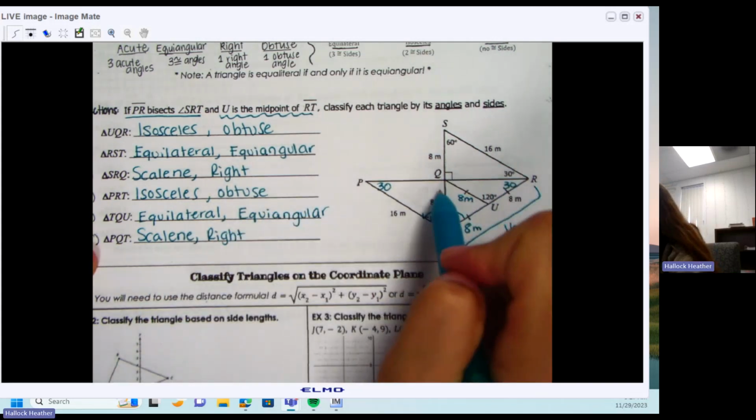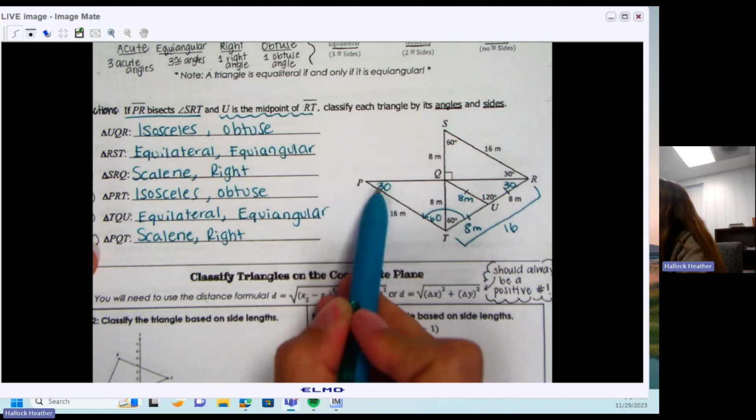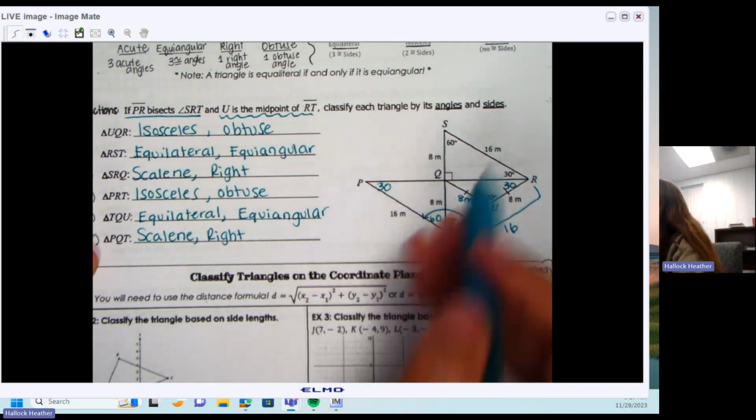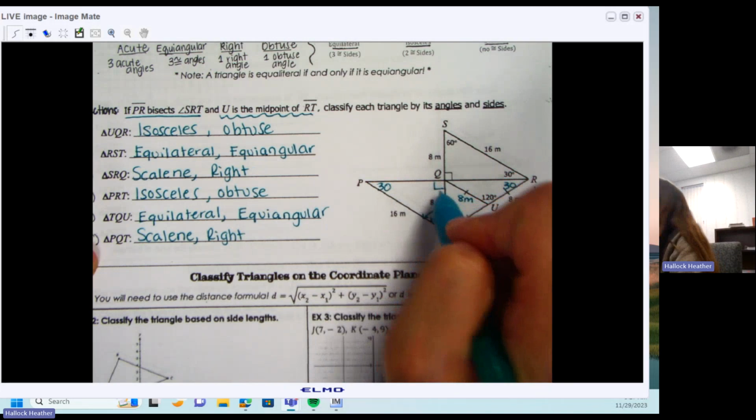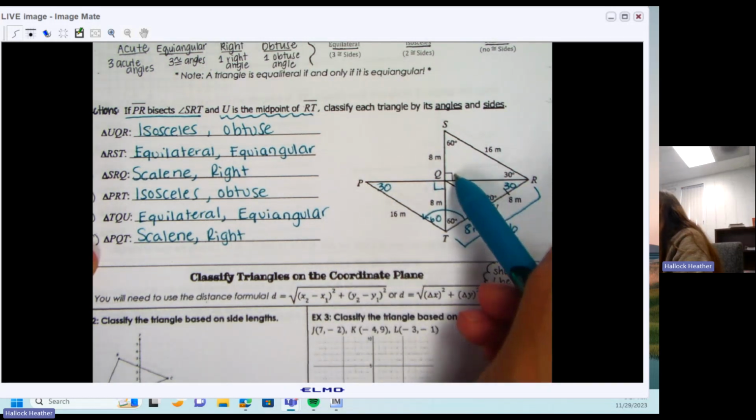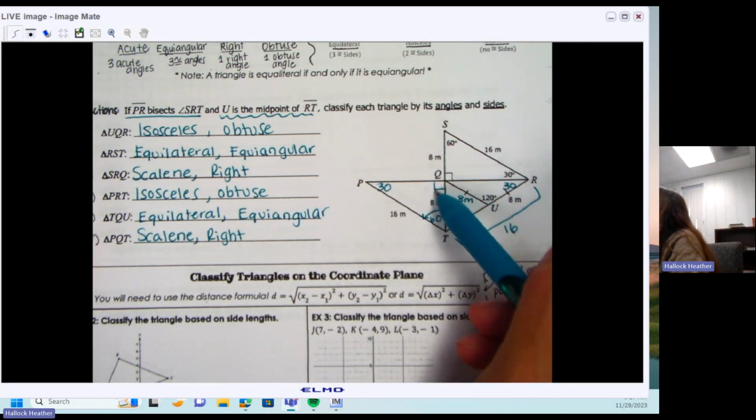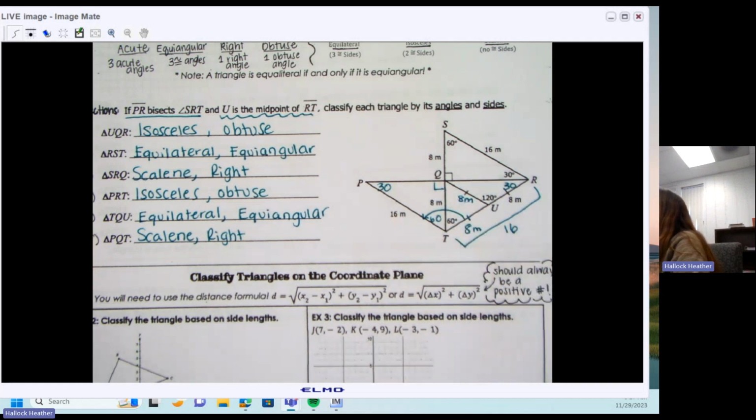This angle is not there. You can either use math. They have to add to make 180, so that would automatically make this 90. Or you can think vertical angles. This is 90, so this is automatically 90 because of vertical angles. Yes, it's best. Okay, so now what we're going to do is we're going to be given the sides based